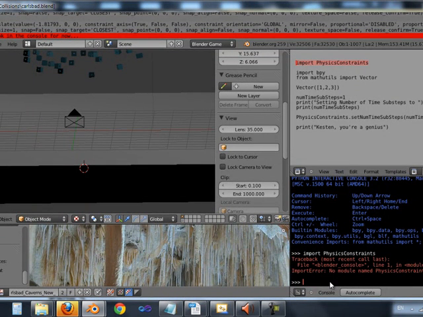Also, not known. It turns out that you can only run physics constraints. It's only available to import it when you are already running in the game engine. So right now we haven't pressed play. We're not started the game engine. It'll say, the console will say entering game engine, and then you can get things like physics constraints. So how do we get this to work? The trick is going to be that we are going to have to